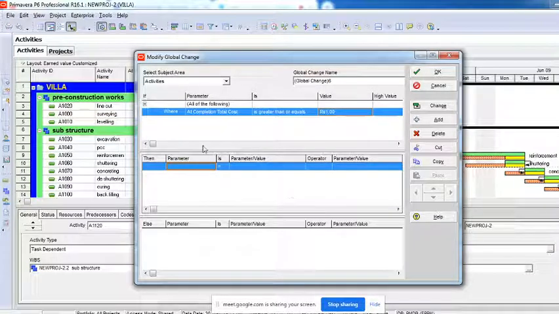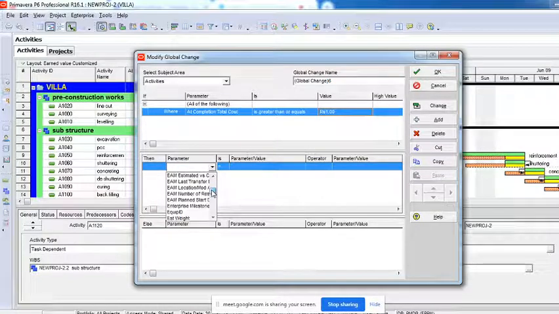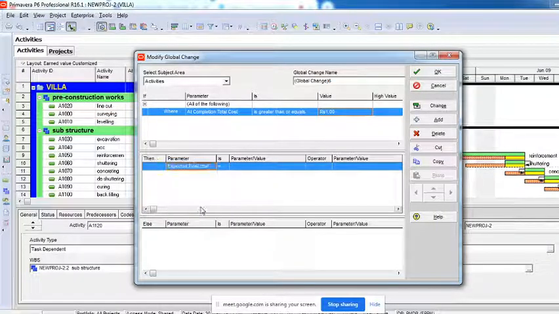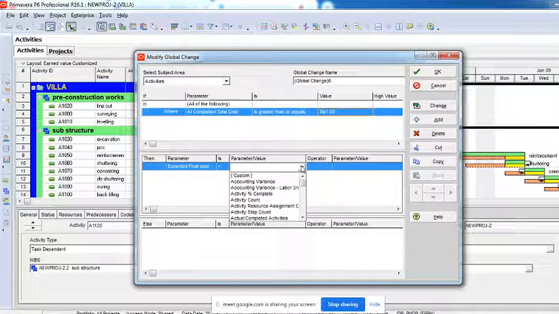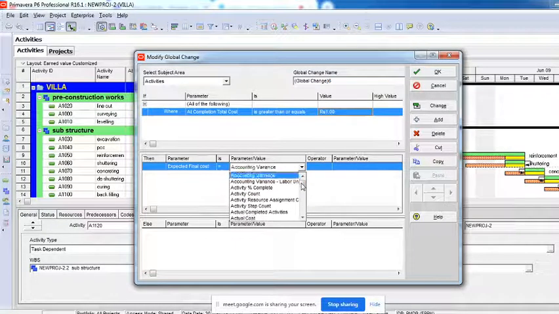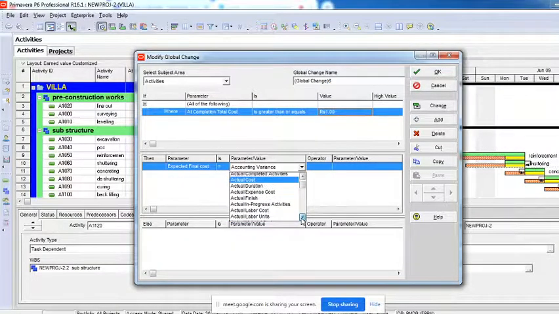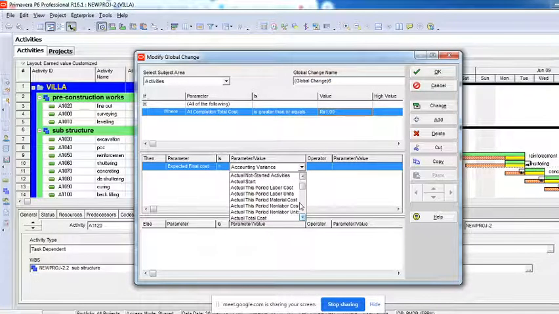So here now, what was it that we have created? Expected final cost, no? So here it is, expected final cost is equal to, I'm just trying to create a formula here. Okay, it's not a formula, but just to make you understand, I'll bring at completion cost. At completion, where did that go?